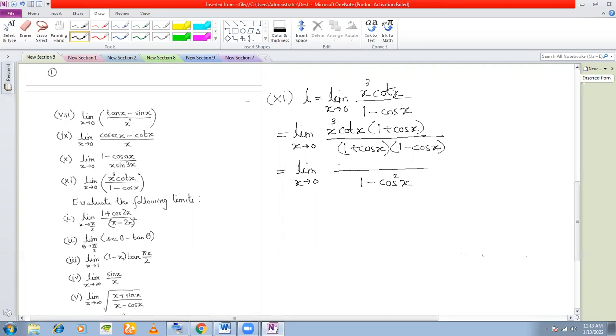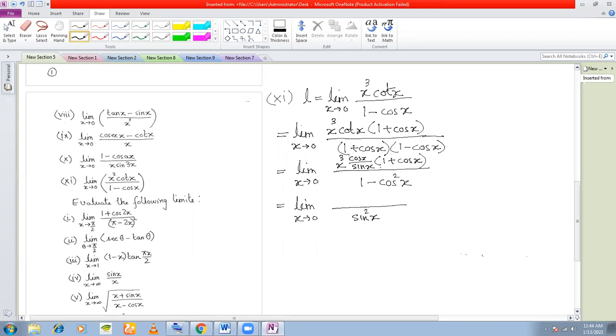Right? And in the numerator, you are going to write cot x as cos x by sin x. That means we have changed everything in terms of sin and cos. Okay. In the next step, in the denominator, you will get sin square x. Okay. In the numerator,